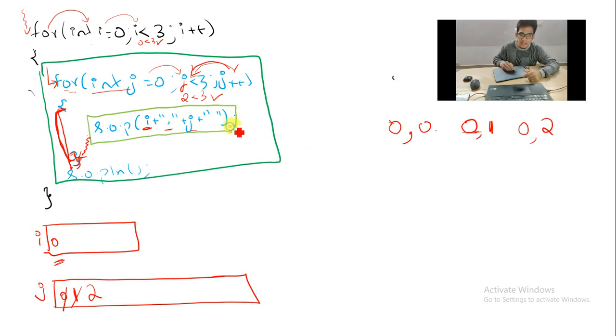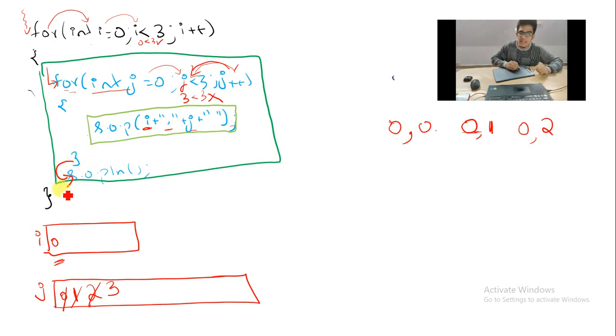After printing that, the cursor will come and see this closing bracket. This closing bracket is of which loop? The inner j loop. So j plus plus happens, j becomes 3. Now when j becomes 3, it will check the condition. Is 3 less than 3? No, 3 is not less than 3. So the condition is false now. When the condition is false, what will happen? Control will come out of the j loop. For the first time now, control comes out of the j loop like this.